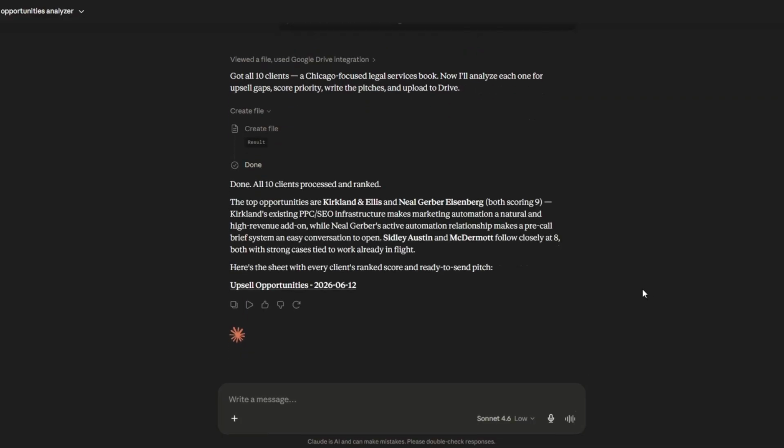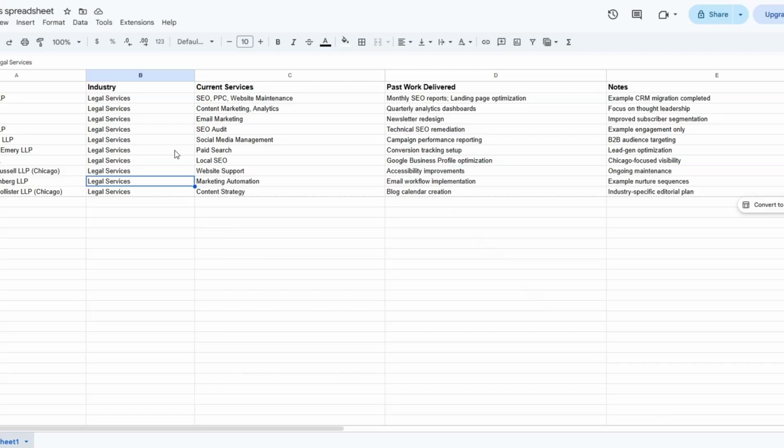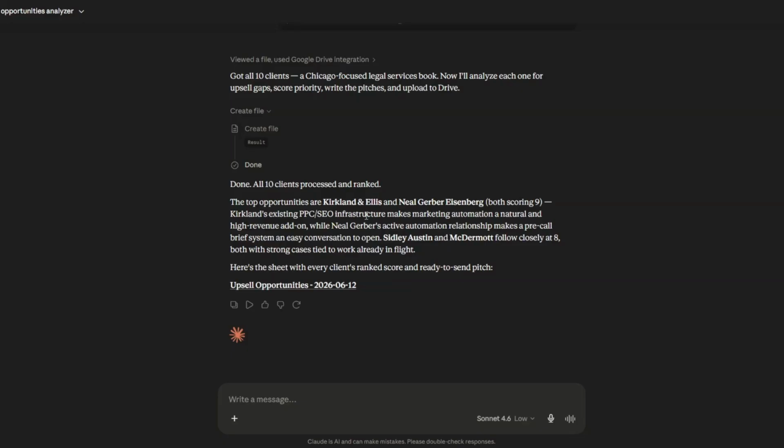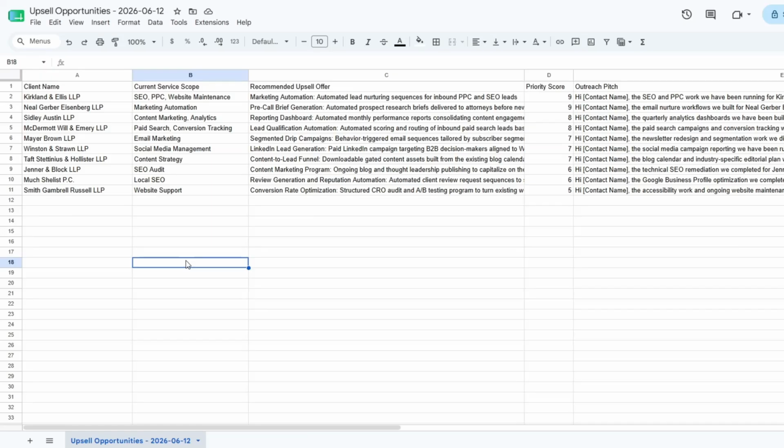So here you can see it successfully found upsell opportunities for the list of clients that we added right here. Then it added the upsell opportunities to a spreadsheet with the outreach email that we can send to each client, upselling them on the offers that we found. To preview the upsell opportunities, I'm going to open this link right here. Click on open link. When we open our spreadsheet, here you can